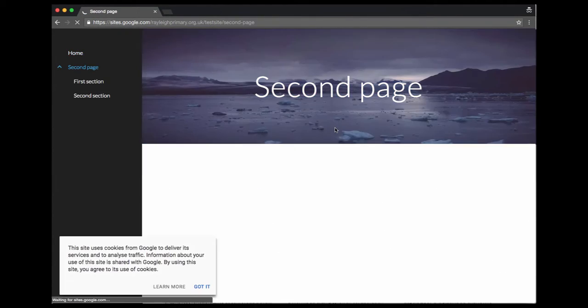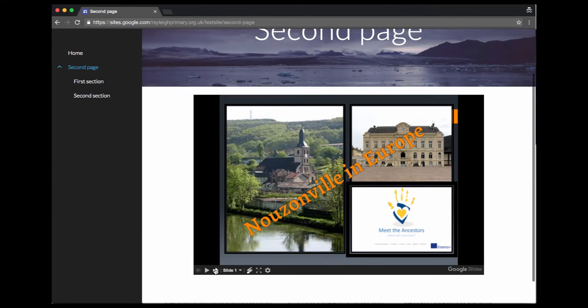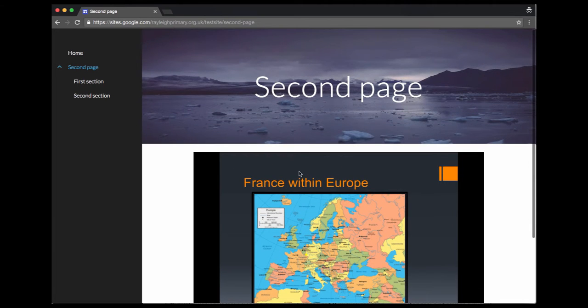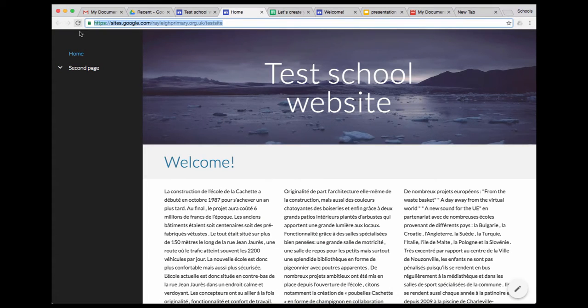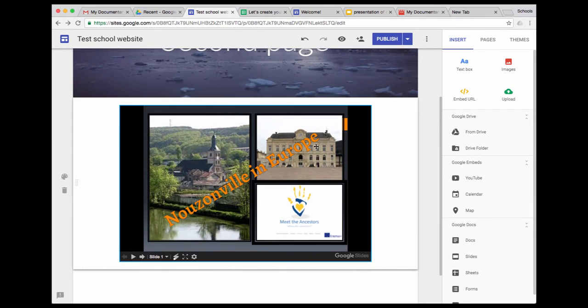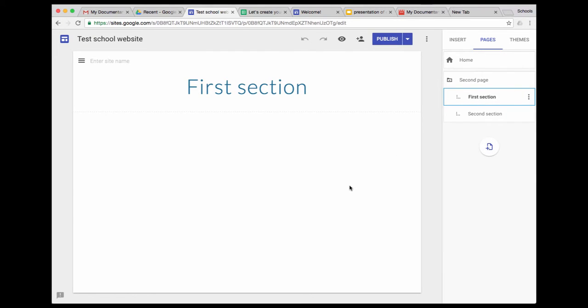Let's get rid of the incognito thing, and we're now back to our test site. And the last thing I wanted to show you, let's do this on the first section page, is that you can insert a folder of material. So let's look for a Drive folder, and I'll drill down into, let's say, La Cachette, and look at Mobility